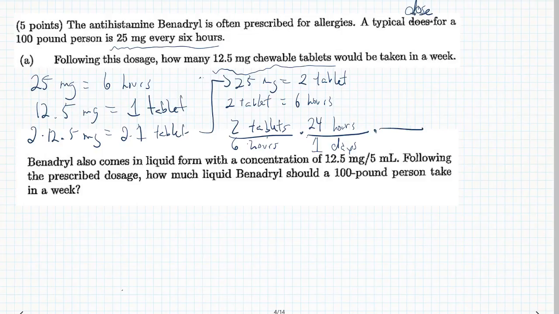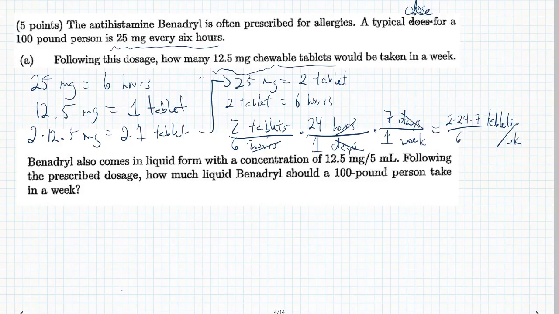Now, notice hours cancel and we're left with tablets per day. Right? Now we can think of days in a week, well, there's 7 days in 1 week. Okay, so this should be our final solution of what we're looking for. So if you take 2 times 24 times 7 and divide that by 6, this is tablets